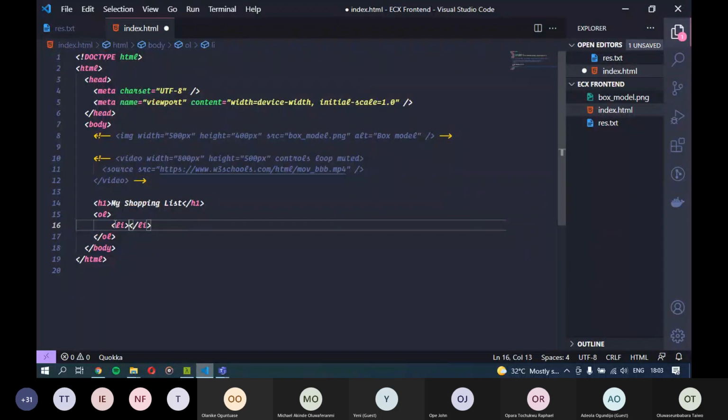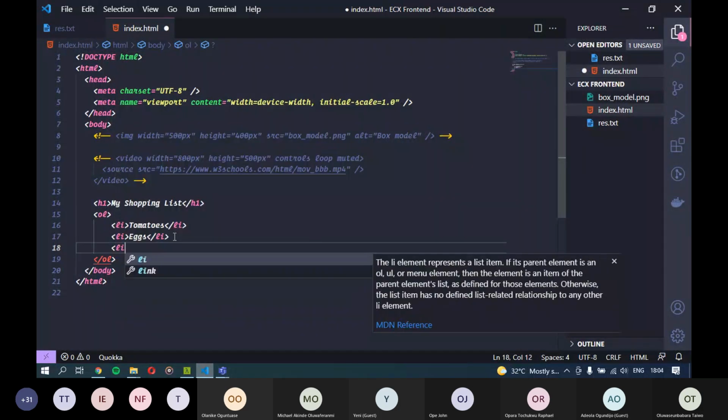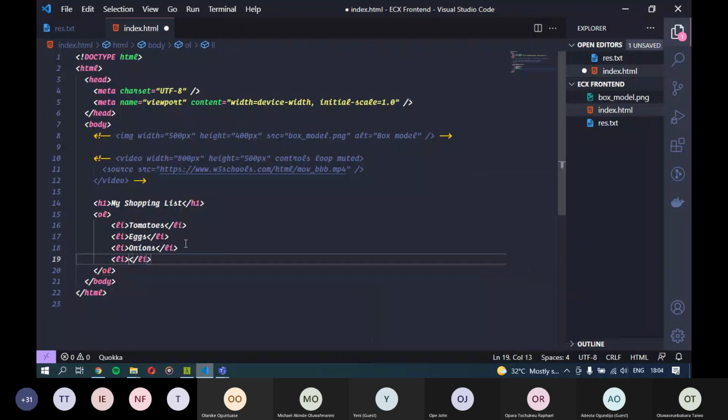So you're going to market, you want to buy tomatoes, you want to buy eggs, you want to buy onions, you want to buy a bag of rice.